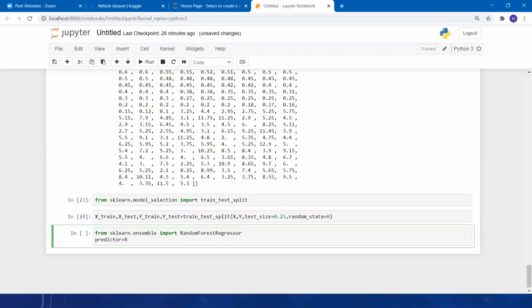Can we use logistic regression? Yes, you can try to use. But one thing, logistic regression, no, we cannot use it. Logistic regression is for classification. Why are we using ensemble techniques? Is there a specific need? No, you can use a decision tree as well. But ensemble techniques are really good, better than our decision tree. The random forest regressor is a type of bagging technique, and it will contain more than one decision tree. That's why we are going to use it.